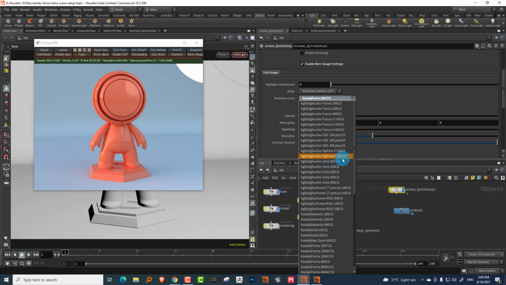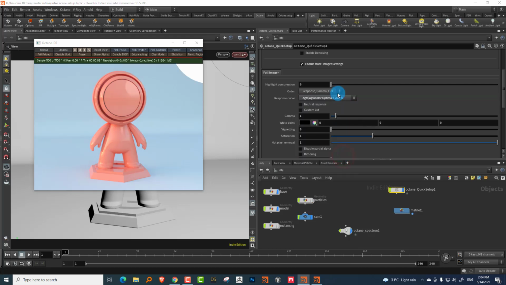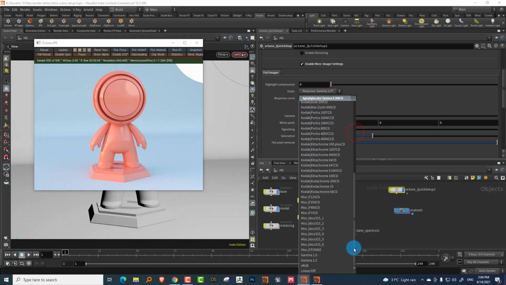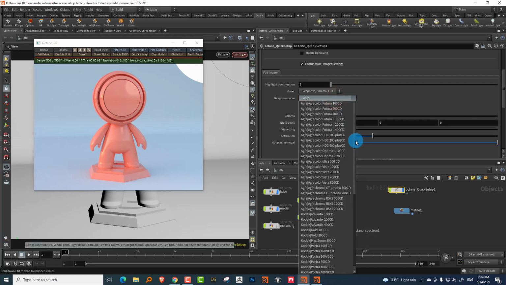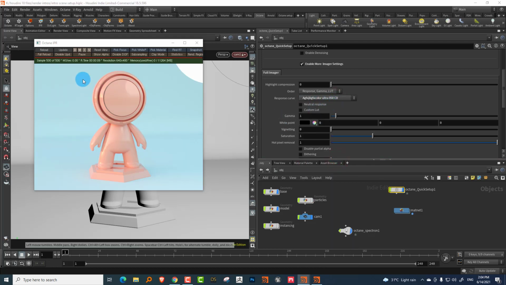Usually I keep it to Optima 200, if I don't care about it being on sRGB, but the default is sRGB, so you can keep it there. If you're going to do composite work or something, if you're just doing an artwork, you can use this to do nice enough lookup tables and just work with that. Some of them will do a fair bit of coloring on top. If you want the response to be neutral, you can just click this. So it removes the additional color tone it's putting on top.